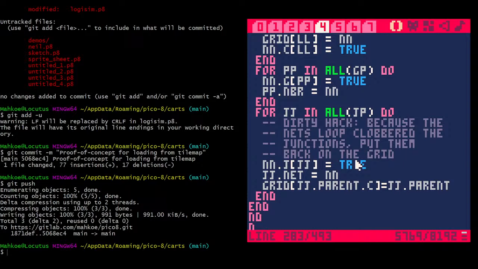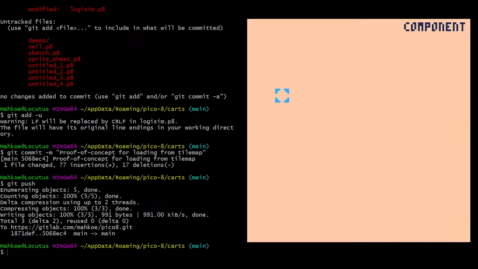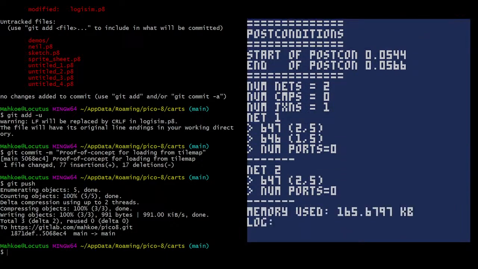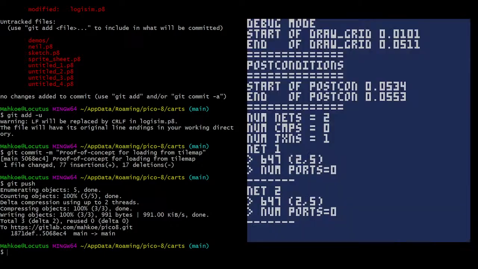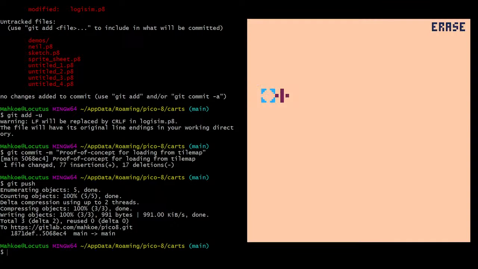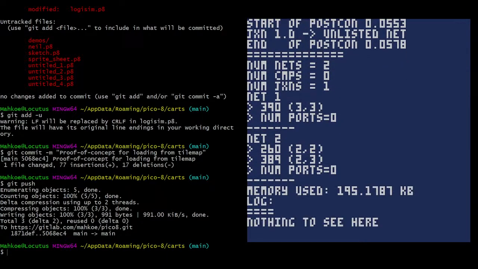Is that how it's supposed to work? Like, so if I have a regular just junction with a wire connected to it, 2 nets, yeah, they both have the junction as part of the net. And if I erase that, yeah. But if I do this case that we're trying to fix right now, we have 2 nets. One of them doesn't list the junction. Oh, that's fine, actually, that doesn't list the junction. But this net 1,